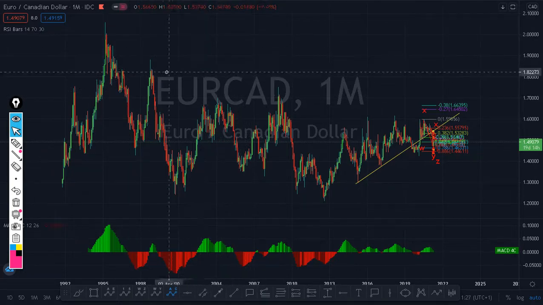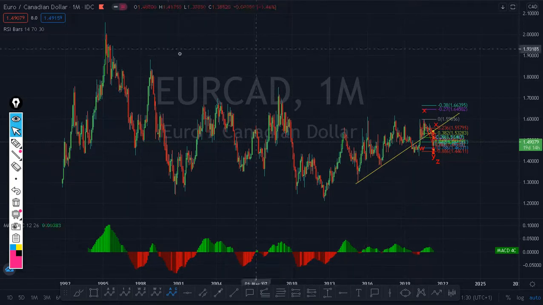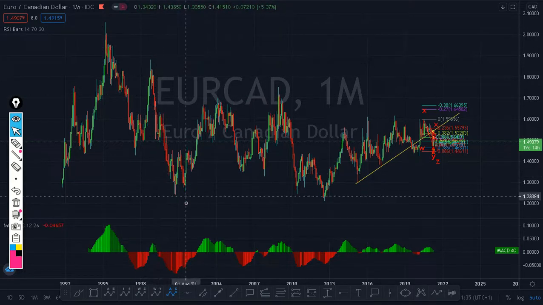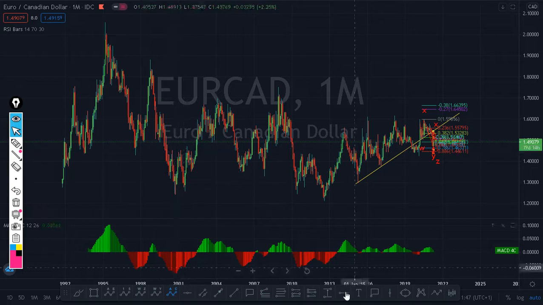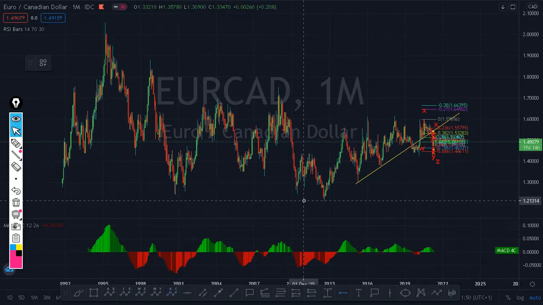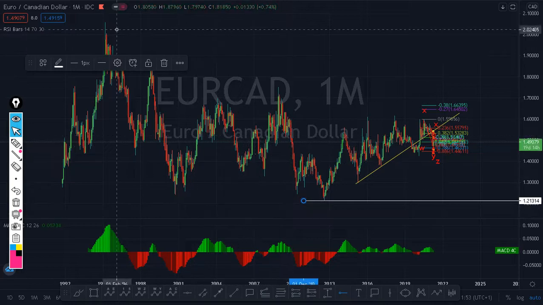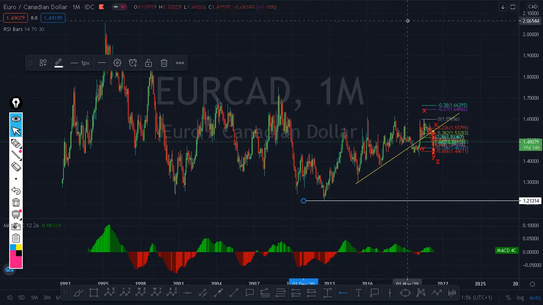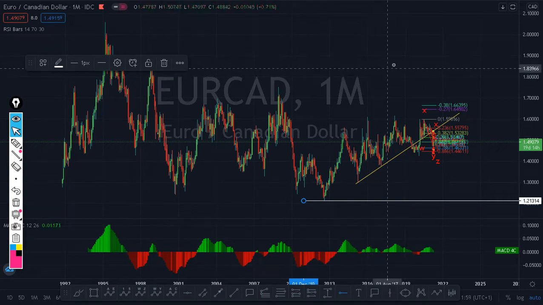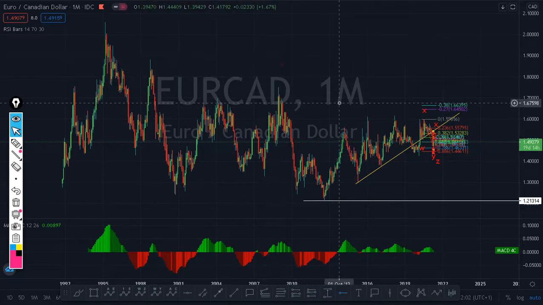Now this is the monthly chart of EURCAD. For this monthly chart, the pair is going down. I mean, the trend is down. As long as this low remains unbroken, we are on a downtrend. So whatever is happening here is a correction. But this is a monthly trend, so you don't trade with monthly because it runs for years, decades.